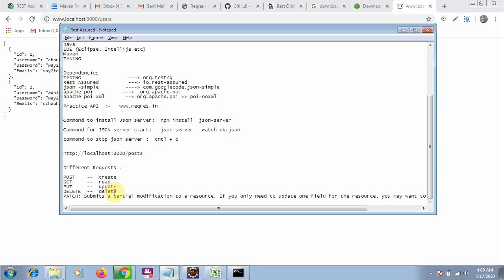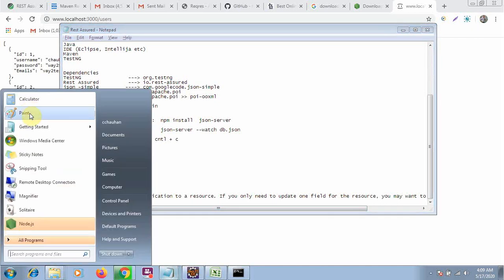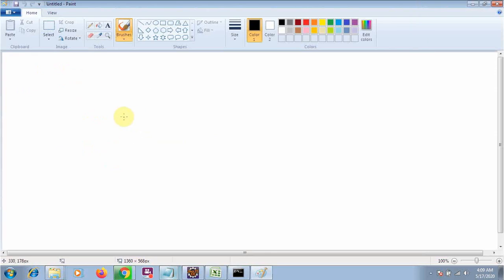Now the third, fourth and fifth are put and patch. There is a lot of confusion, and somebody is still confused about what put and patch are. So let me tell you a very simple example in a non-technical way. Suppose you have purchased a mixie grinder, and you have a few jars along with it, one jar, two jars, a lot of jars with your mixie grinder. Now suppose one jar is not working for some reason. So you have two options.